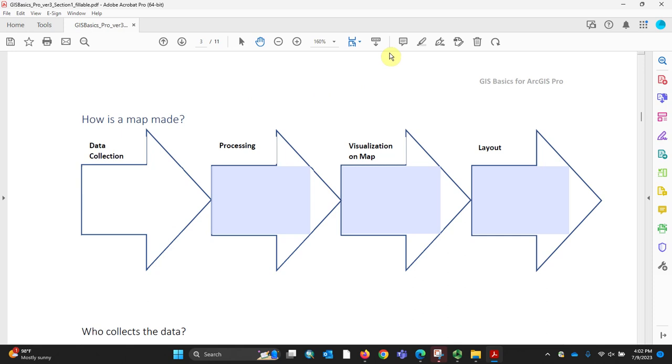The data collection piece is important because this is often where technicians are involved. And so that could be working with a GPS. So you could be working with a GPS. You could be working with,